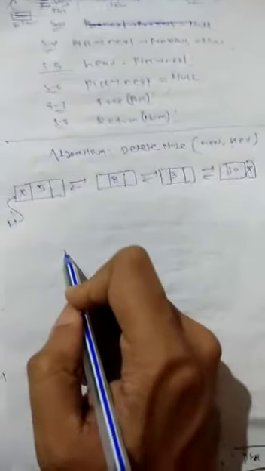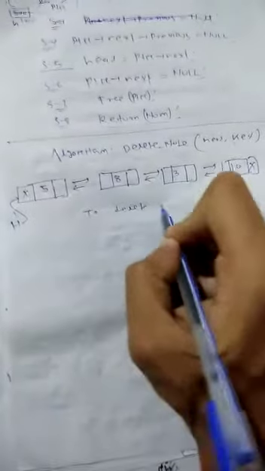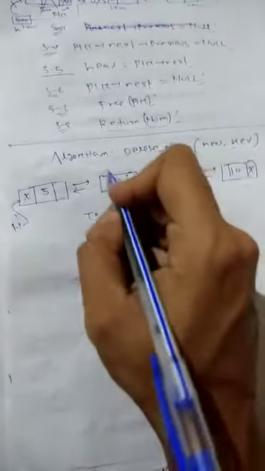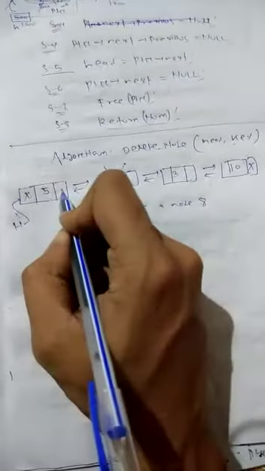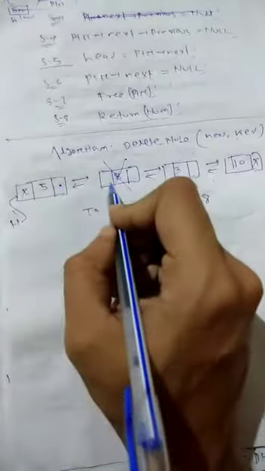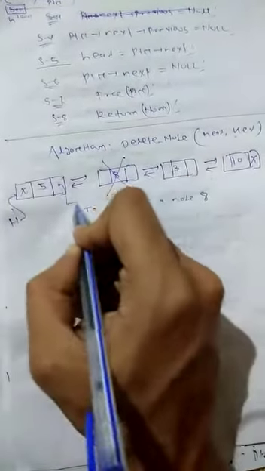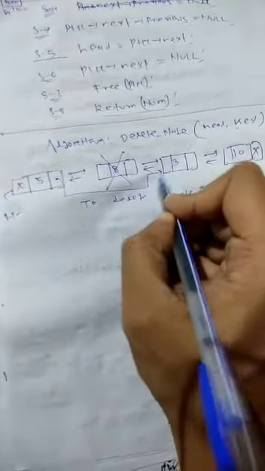Then see, suppose a list is there. Suppose this is a linked list, and your head is now here. Suppose you delete a node 8 from the list. Then what happens? Suppose you have to delete this node from the list. Then which link will be updated? This link will store the address of this after deletion. Then this link will change to this. That means this will be disconnected.